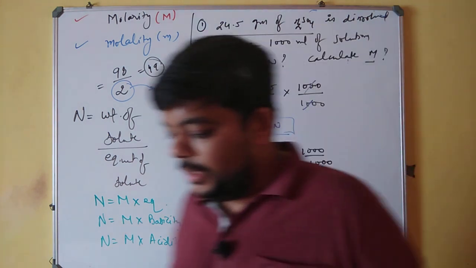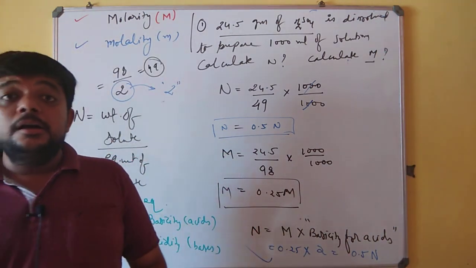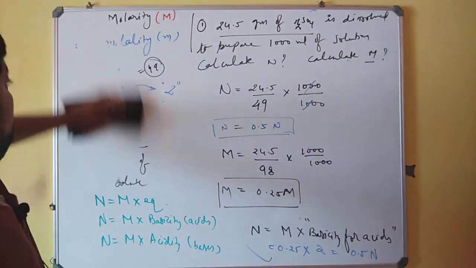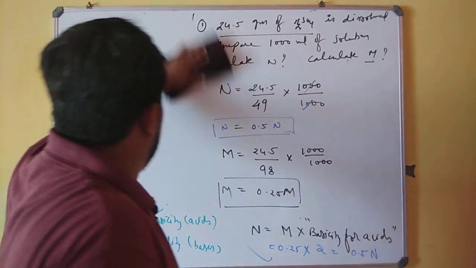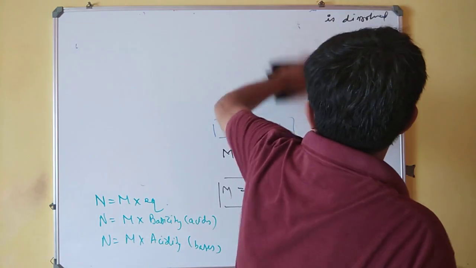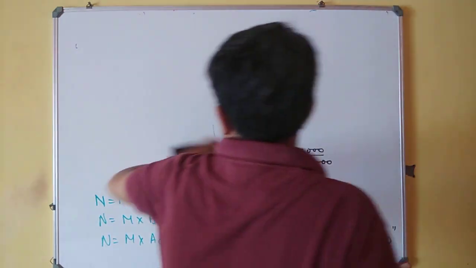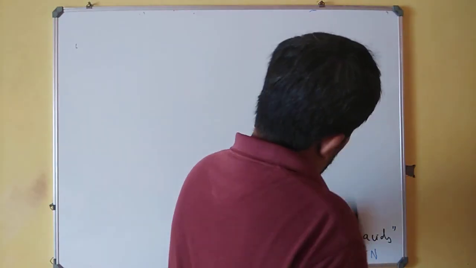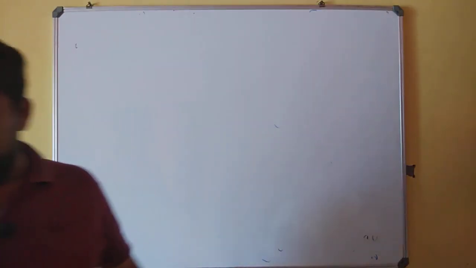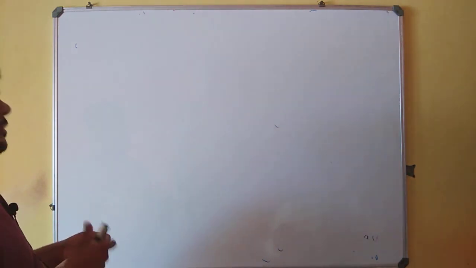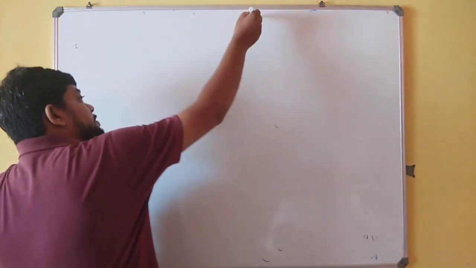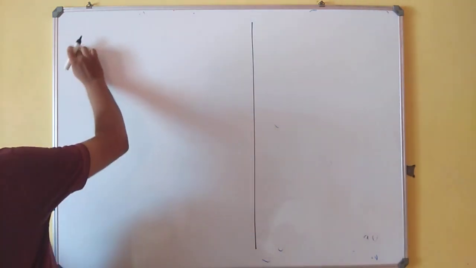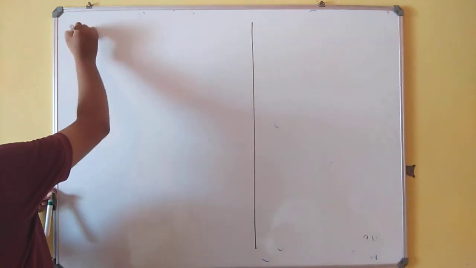Now let us try and solve a question on the same pattern where you can have both, that is molarity, normality, and even if you get a chance, let us also add molality to it. I am writing a very simple question and we will solve it, and I am just going to discuss two questions, one a base, another an acid. So here I am just depicting out the question.